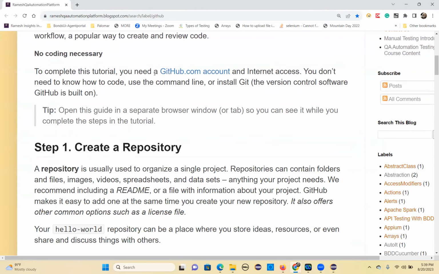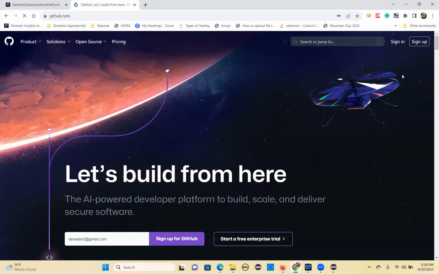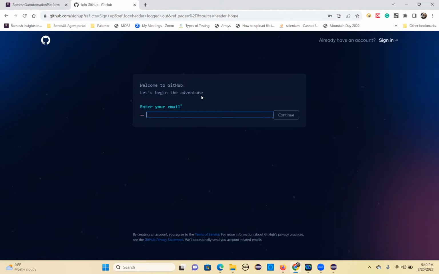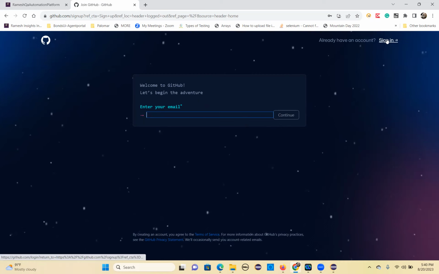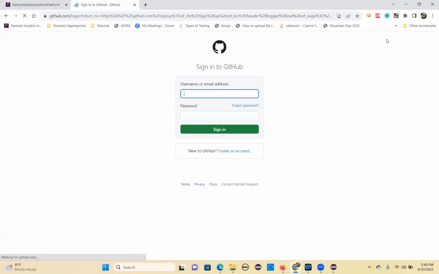So we first need to create a GitHub account. Go and create a GitHub account. It is a very easy, simple process, just sign up. Click on sign up, and it will ask you to enter your email, and continue. It is a simple sign up process. I already have an account, so you complete the process and then log in. Once you log in,